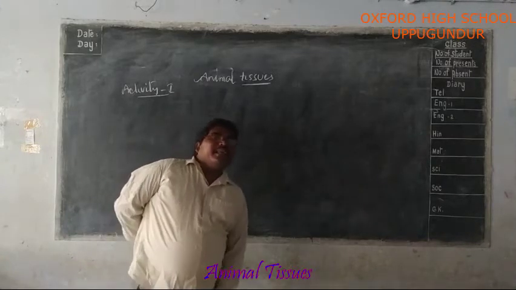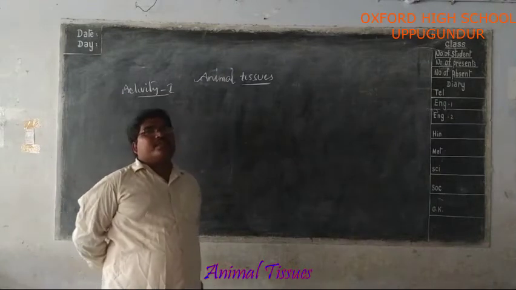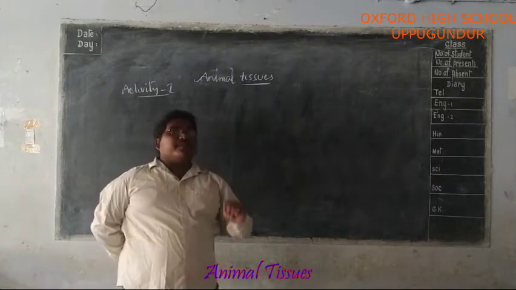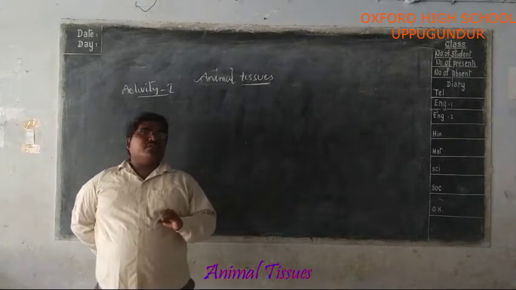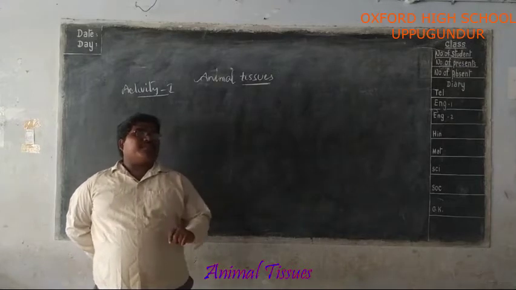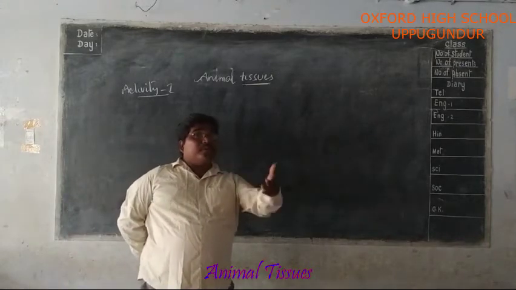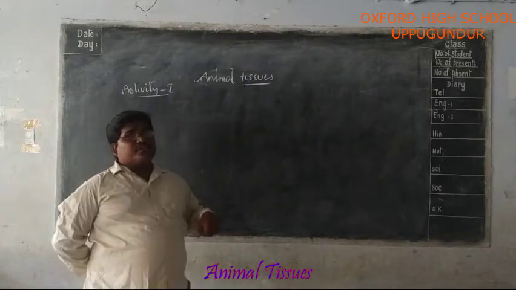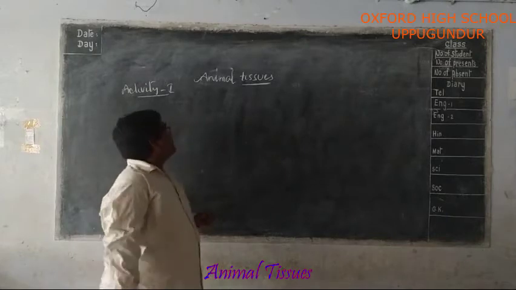Okay, there are mainly four types of tissues present in animals also. In plants also four types of tissues are there: meristematic tissue, dermal tissue, ground tissue, vascular tissue. Those are the four types of tissues present in plants. Here we are going to completely discuss animal tissues. What are the four types of tissues present in animals? The first one is